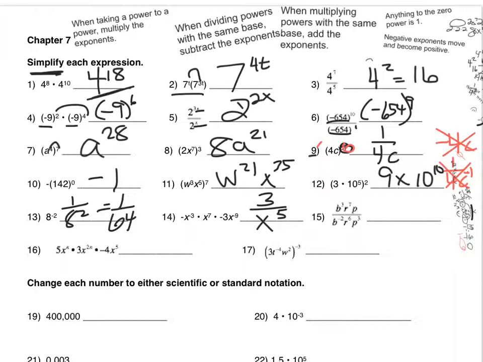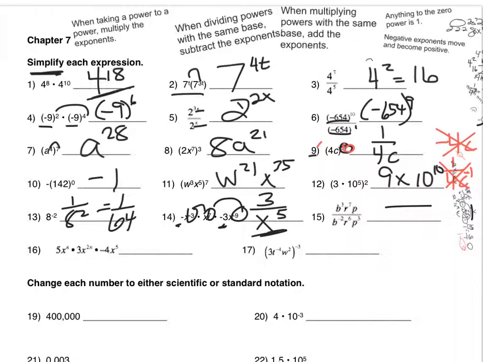And we got that by taking negative 3 plus 7, which is 4, 4 plus negative 9, which is negative 5. That's why x to the 5th is in the denominator. And then I regrouped using the associative property, negative 1 times negative 3, and got a positive 3, which is in the numerator. For number 15, I like to just start by writing my fraction bar, so I know that